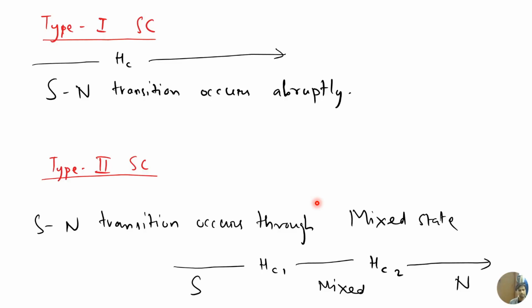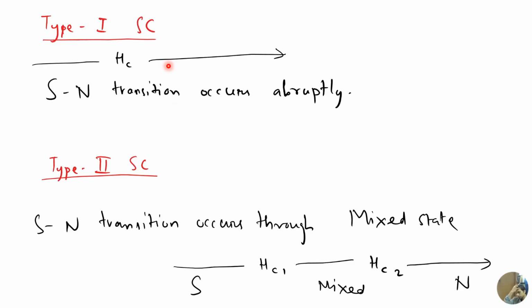There are two types of superconductor, based on how the transition from superconductivity to non-superconductivity occurs when you vary the magnetic field strength. Suppose the transition occurs very abruptly: you start from zero magnetic field strength and apply magnetic field to the superconductor. At a particular value of magnetic field strength, the superconducting state will abruptly stop and the non-superconducting state will start. This is called a type 1 superconductor, and it has one critical field.